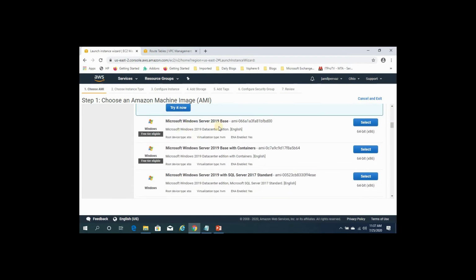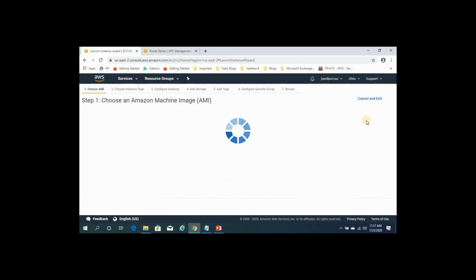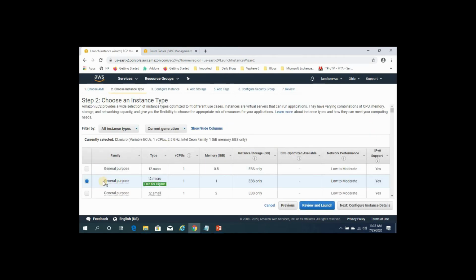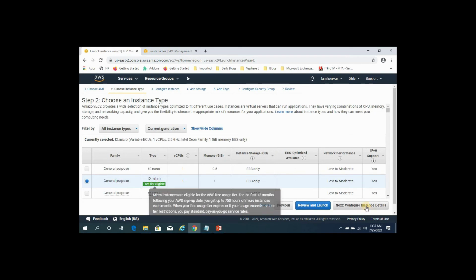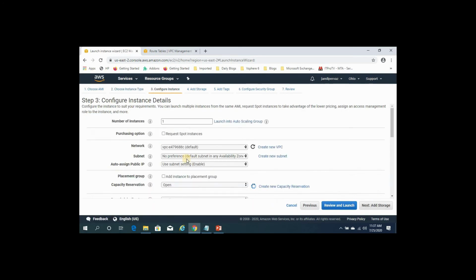Select Microsoft Windows Server 2019. Select General Purpose T2 Micro free tier. Click Next.